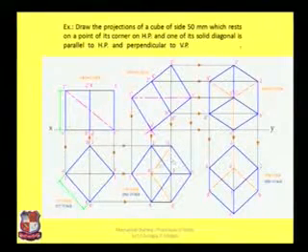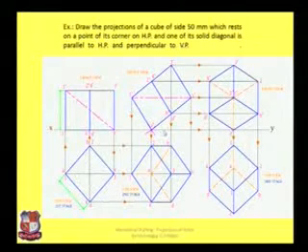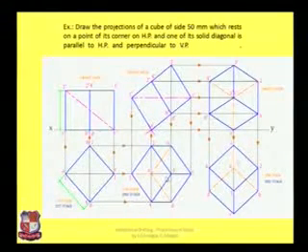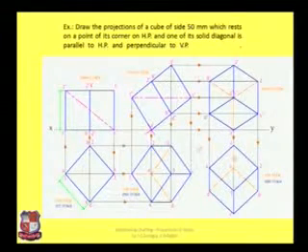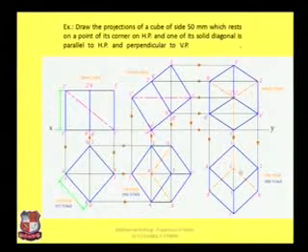After drawing this top view, again it is given that the solid diagonal is parallel to HP. Here the solid diagonal is 1 and C. Tilt this diagonal such that it becomes perpendicular. So tilt this like this at an angle of 90 degrees. Redraw this, take projections and draw its front view as well as top view. This is the third step, this is the second stage, and this is the first stage. So these all are just a repetition of all the steps which we have followed earlier.